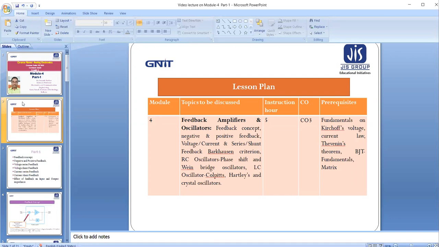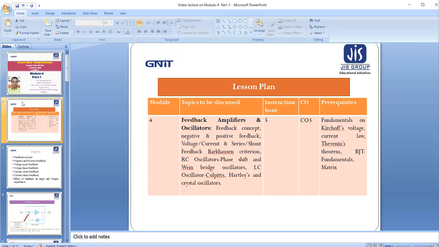of this module. The topics to be discussed are feedback amplifiers and oscillators, into which I will discuss the feedback concept, negative and positive feedback, voltage or current and series or shunt feedback, Barkhausen criteria, RC oscillators, phase shift and Wien bridge oscillators, LC oscillators, Colpitts, Hartley and crystal oscillators. The instruction hour is set as 5 and the corresponding course outcome is CO3, that is, after studying this module,